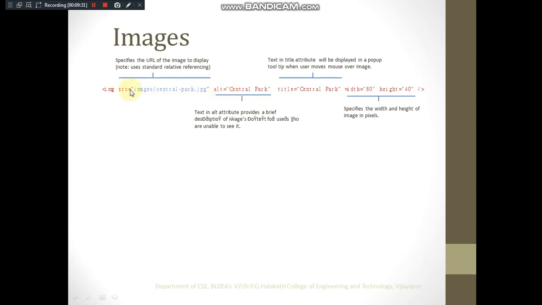So src is specifying the path of the file name, which is the image you would like to display. So the location of the file is specified as a value to this src attribute. Another mandatory attribute is alt, which contains certain text as its value. This gets displayed only when it is not possible to display this particular image on the browser. In that case, this alternative text is displayed. Apart from this, it is also